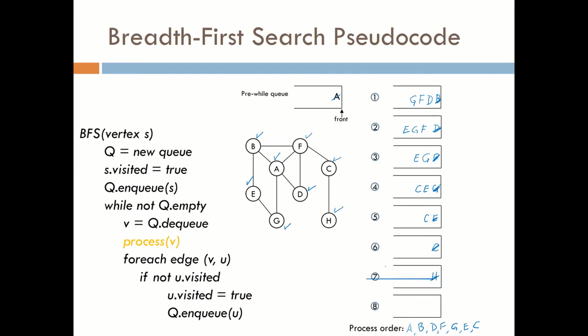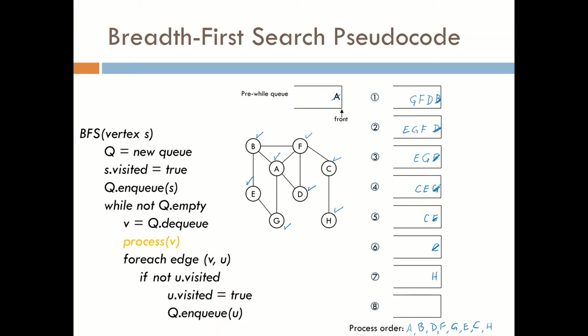And so we DQ the H, and we have to process the H. And we now look at all the edges incident to H. It's just C. C has already been visited, so there's nothing else to NQ. And our Q is empty, so when we go back to the top of the loop, not empty is false, and the algorithm terminates at this point,